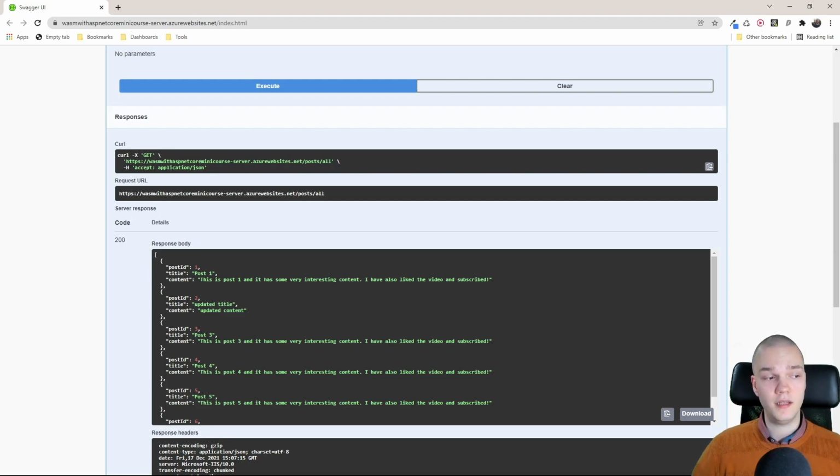So now we have the backend part of the tutorial done. If you're from the future, the front end part is probably already out. In it, I'll show you how to build a simple front end with Blazor WebAssembly and Bootstrap that consumes this API. I hope I'll see you there.